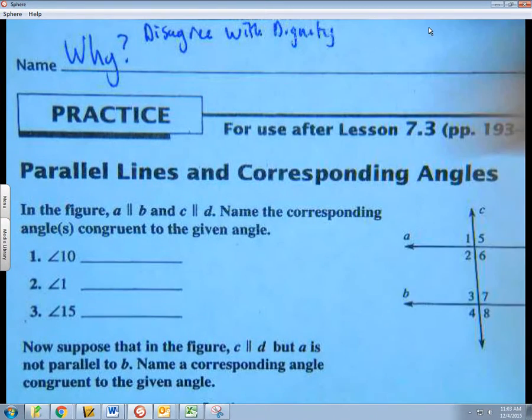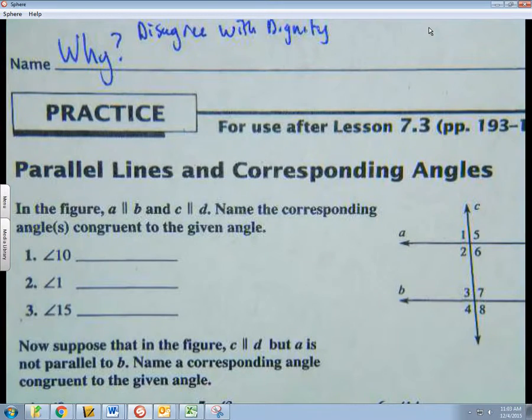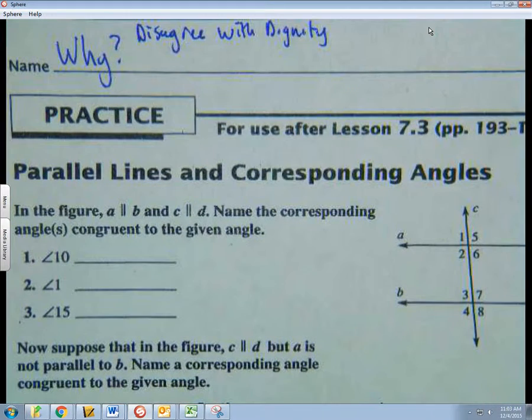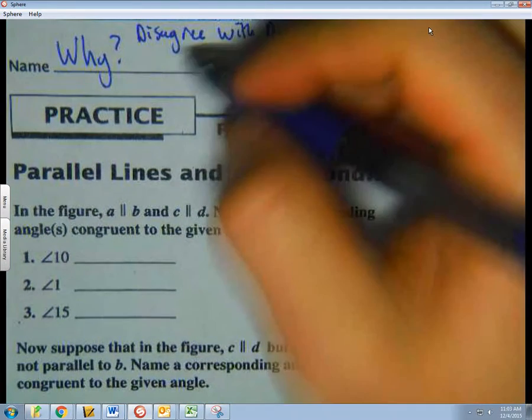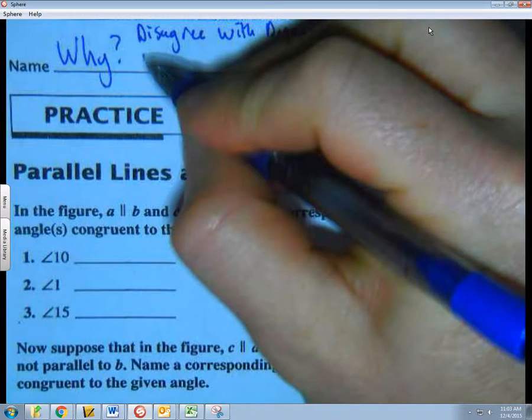Disagree with dignity. We talk about simple human dignity in here all the time. And then I want to talk about rational